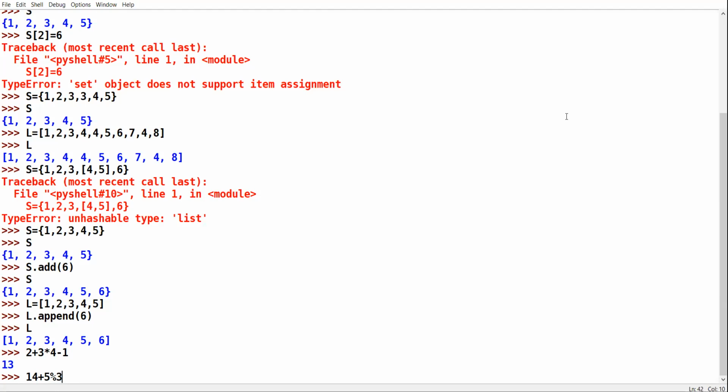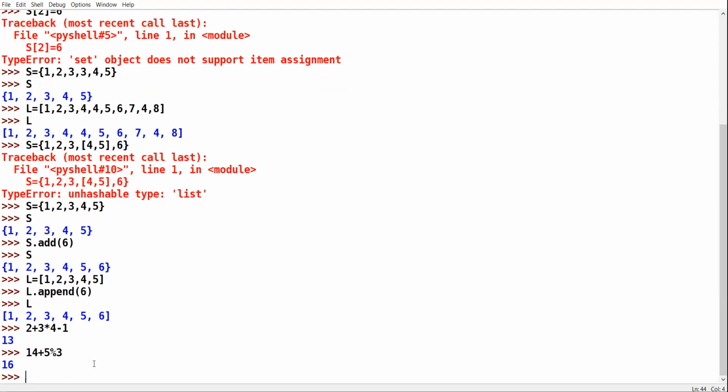Yes, Jatin, unmute yourself. 16. Yes, sir. 5 modulus 3 will give the remainder 2, 14 plus 2, 16. Very right. Am I clear? All right.